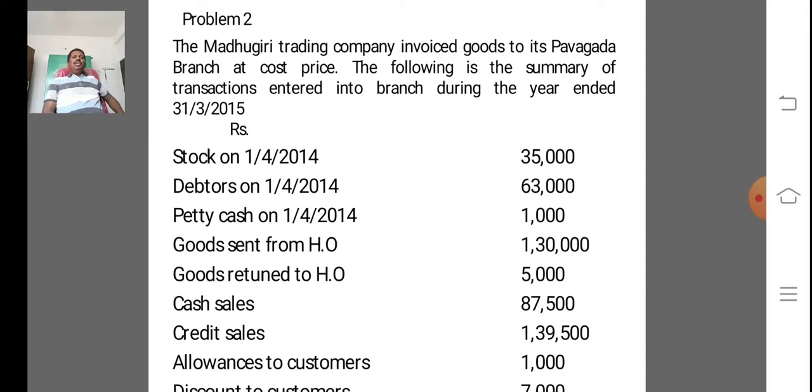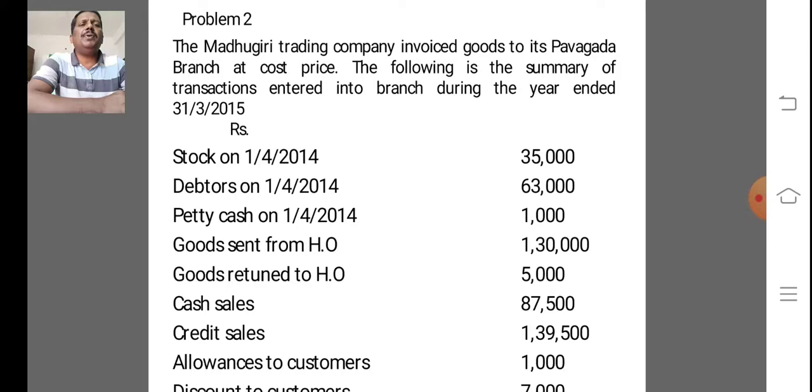The Madhugiri Trading Company invoiced goods to its Pavagada branch at cost price. The following is the summary of transactions entered into by the branch during the year ended 31/3/2015. Stock on 1/4/2014 35,000, debtors on 1/4/2014 63,000, petty cash on 1/4/2014 1,000,